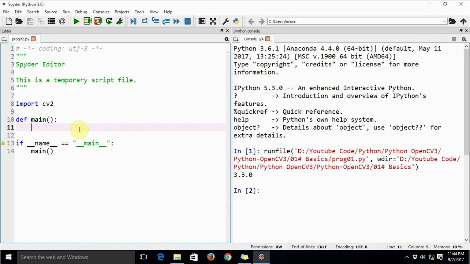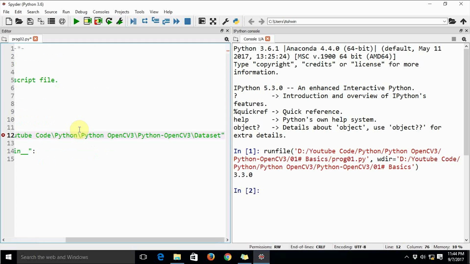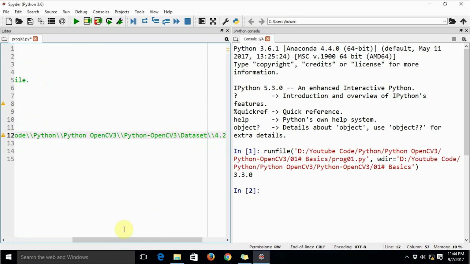Now let's use one of the images in this dataset. Let's have a variable known as imgPath. We will use the image 4.2.04.tiff. Because this is a Windows system, we need to use the slash with an escape sequence.